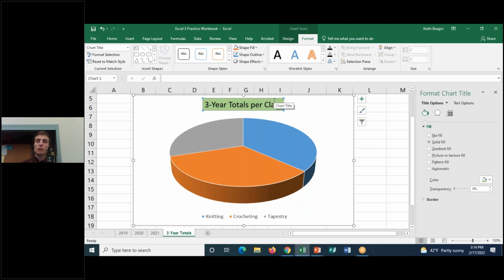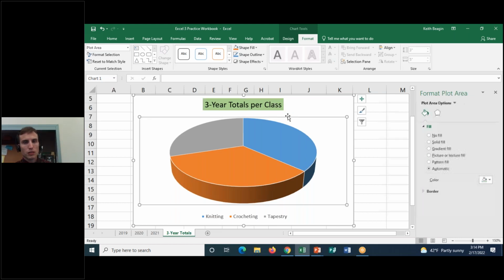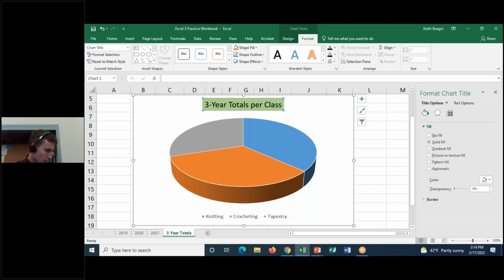All right, now let's talk about another element. The next thing I'd like to do is I want some data labels. So the one thing this chart is missing